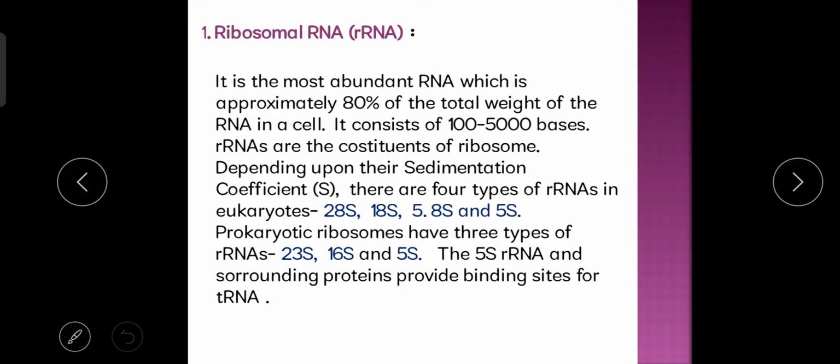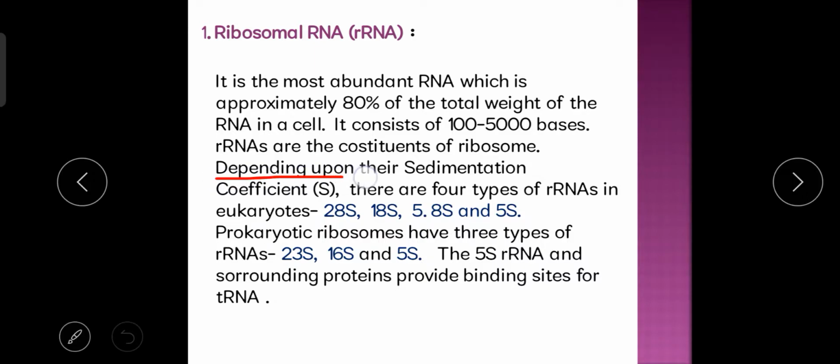And what is the importance of ribosome? Yes, ribosomes are the site of protein synthesis. That means different types of proteins are produced in the ribosome, which is a cell organelle present in the cytoplasm. Remember, the ribosomes are the site of protein synthesis. So ribosomal RNAs are found in the ribosome and they help in the production of polyribosome, that means many ribosomes in the cytoplasm. And this is very important.